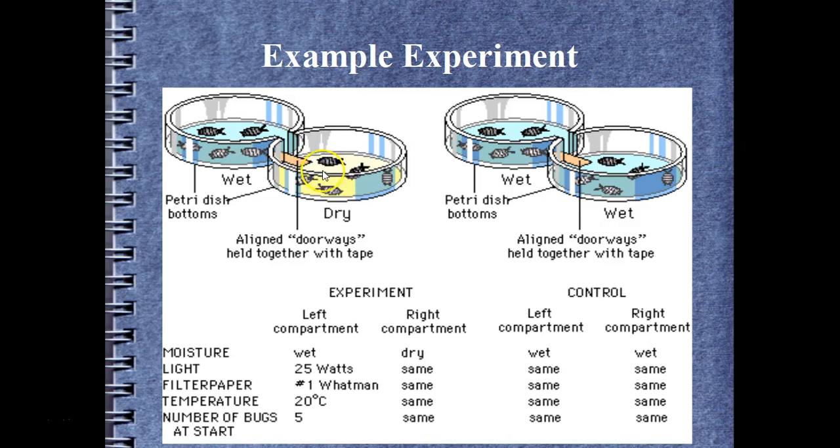If they all ended up in the dry side and these guys all stayed relatively evenly spread out, then we could reasonably conclude that the bugs prefer a dry environment. And so that's the whole point of running an experiment, to be able to draw reasonable conclusions. So I hope that example helps to clarify the difference between control, which is our experimental group that's serving as our baseline comparison, and constants, which are variables that could confound our experiment, so we keep them the same throughout